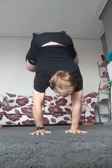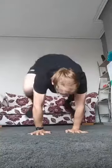Now you're going to try and catch yourself on one leg when we go backwards. Doesn't matter which leg you come off, but you're going to go from 2 legs onto 1 leg. So push the floor away, hold, and this time catch yourself on 1 leg. Explode up, catch. Let's try the other side. So push the floor away. This time you're going to swap legs. Explode up and catch. See if you can stay still for 3 seconds, because we're going to do that on